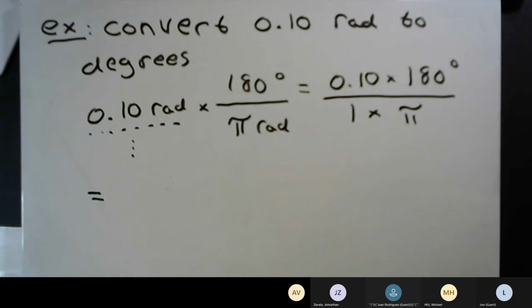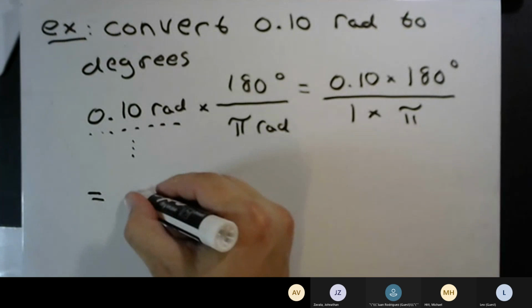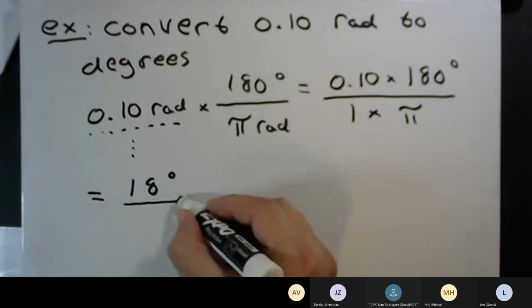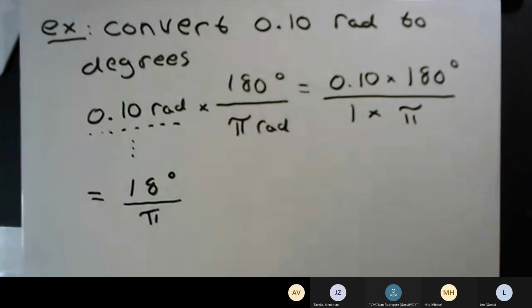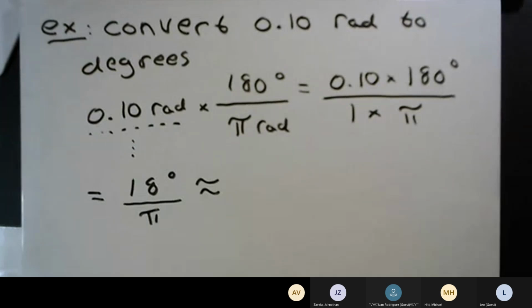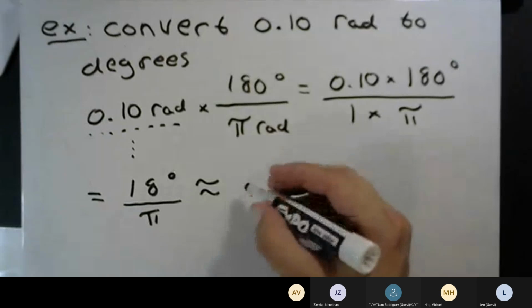And so that's going to give us 18 degrees over pi. And this one will approximate it. Approximately